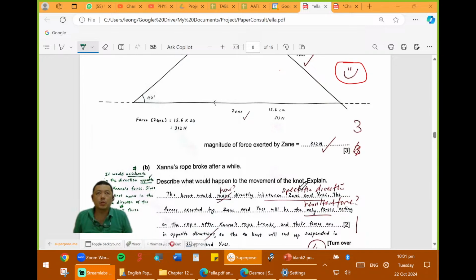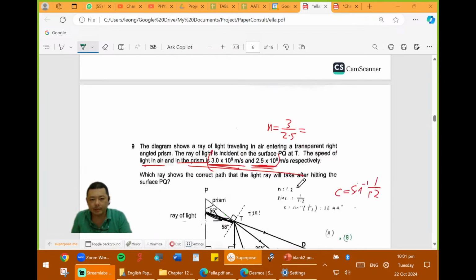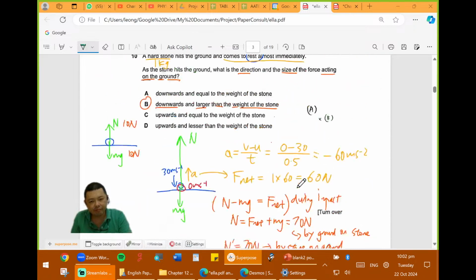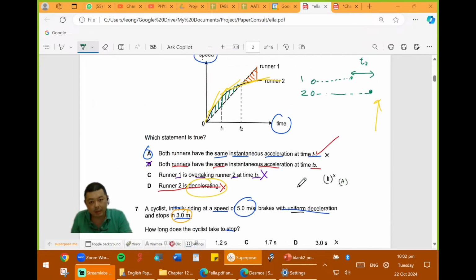But okay, you've got to understand the context of it. Your sec three, sec four is more or less the finals already for your secondary school life. They are naturally going to be a bit harder than sec two, for example. Okay, I'll tell you what I feel about your paper here, this paper, right?